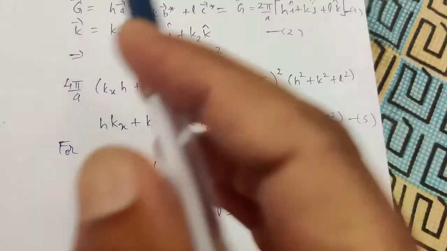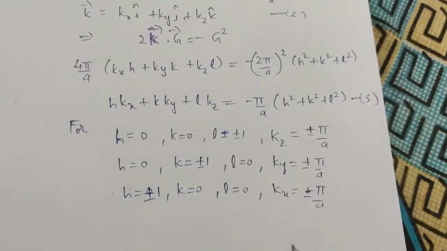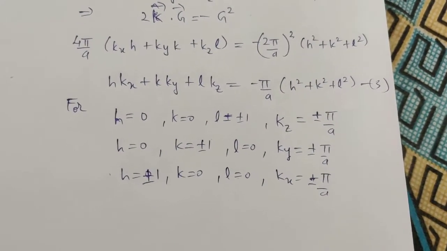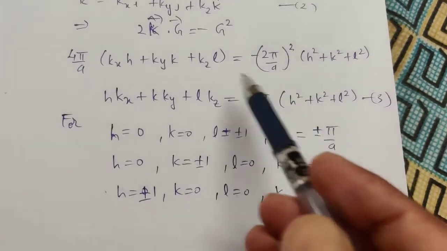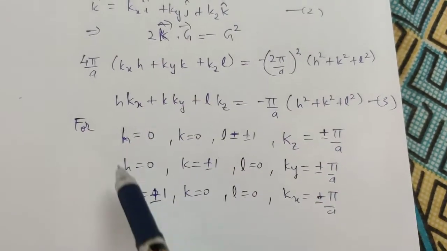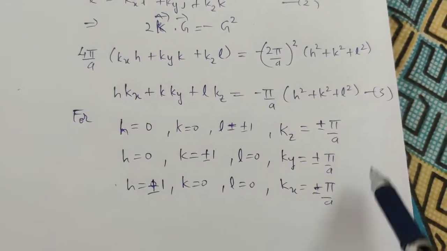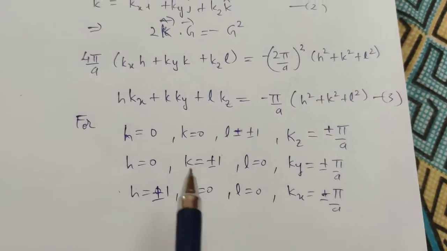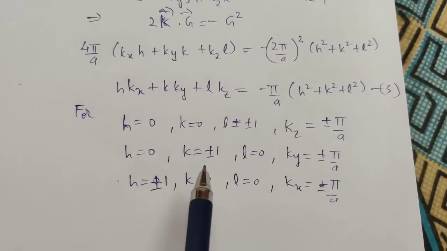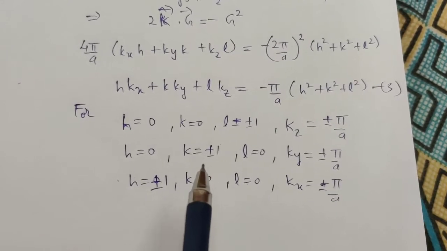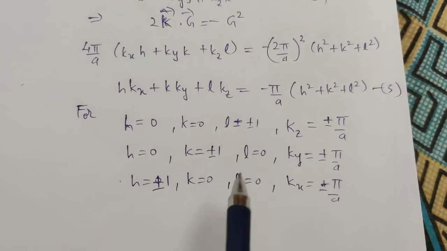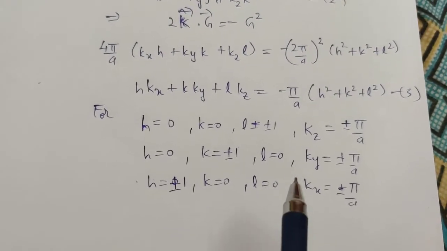So from here we can construct a Brillouin zone for simple cubic lattice, and the first Brillouin zone will be the space occupied by putting these conditions, putting these lines. In this respective case, the Brillouin zone will be a cube having its side equal to 2 pi by A. The 2 pi by A factor comes from your reciprocal space.